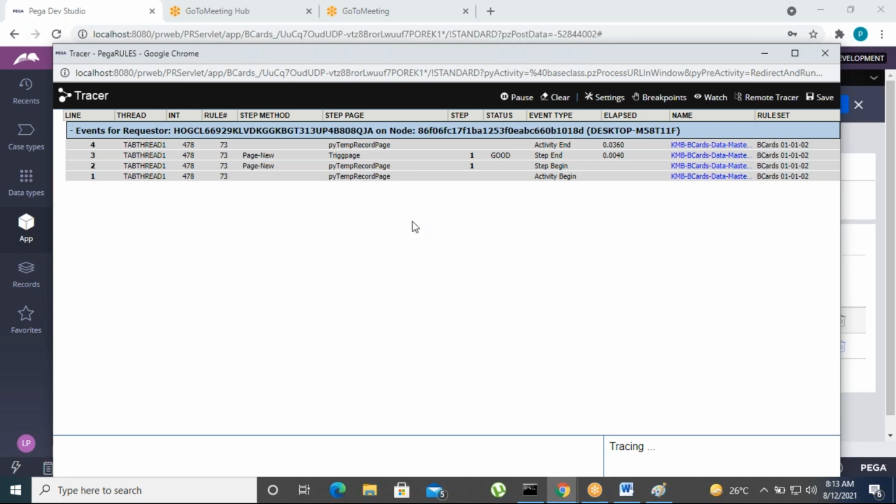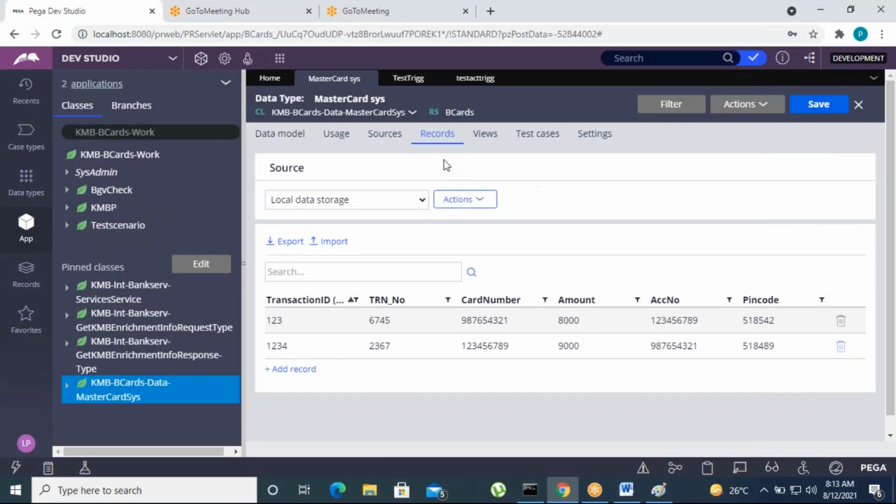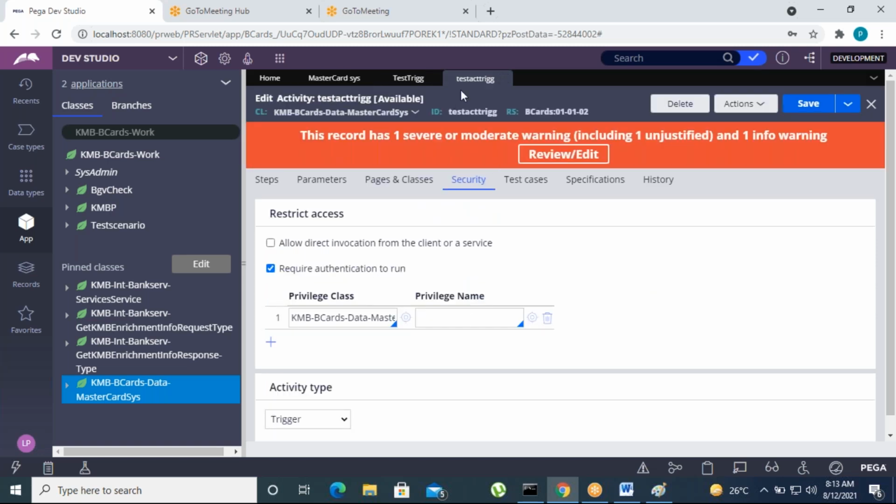Suppose you want to send emails to the operators. So what will happen? We need to get some email account and all. So let's go to testing and activity.